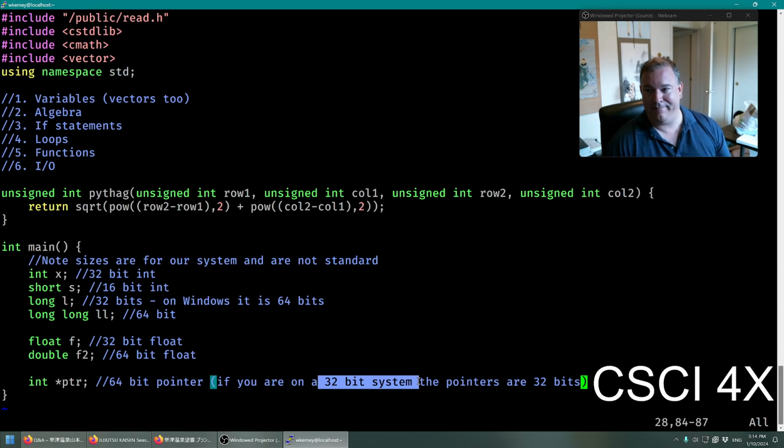New Vegas, to this day, it's my favorite Fallout game, but it's so hard to play because it's a 32-bit executable. It can only address 4 gigs of RAM, and you have to install mods, right? It's required, and then they crash because they run out of RAM, and then you try patching it, and it just, yeah. If any game needs a remake, Microsoft, if you're listening to me, Bethesda, Obsidian, talk, make